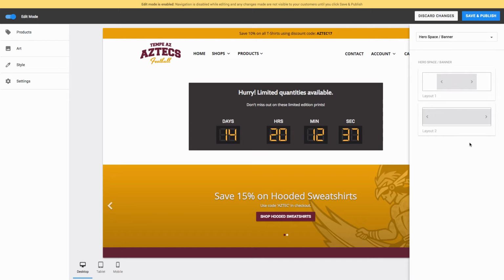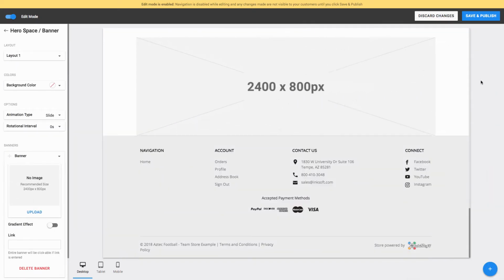There is a boxed layout, so it's a bit more narrow, and then of course layout number 2 is going to be a full width layout. So really you can change this at any time. It's a matter of your preference. It's nice to kind of break up full width with sort of boxed layout, so make your decision whichever one's appropriate. Nonetheless, when you make your decision, you can go ahead and select the desired banner, and that's going to